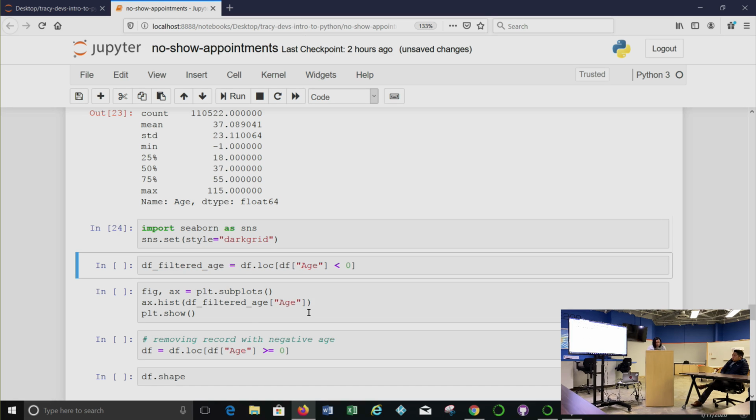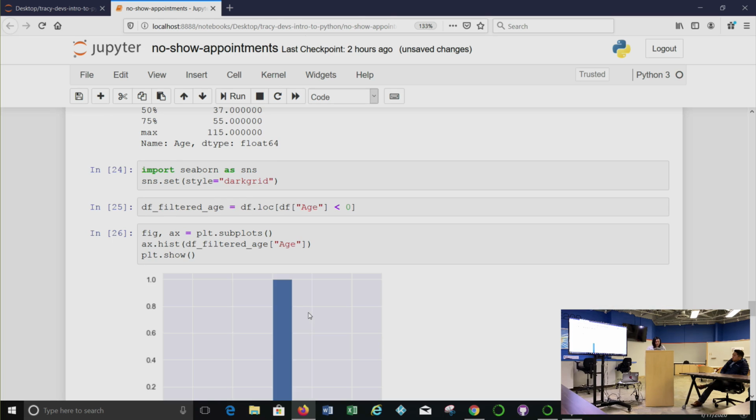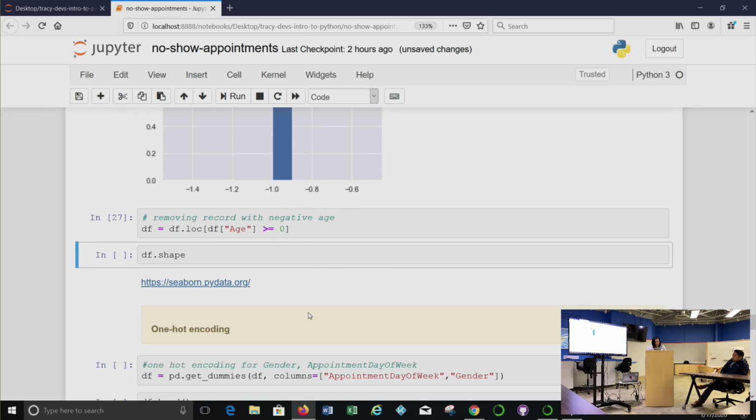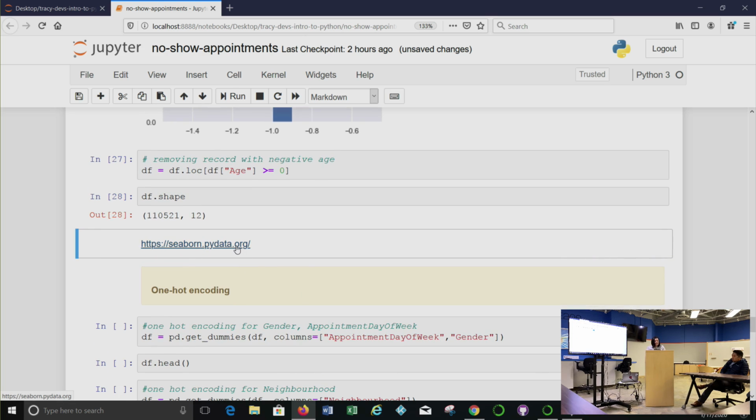So again, I'm filtering just for those that are under 0 in age. And when I look at it, it's just one record, so I'm going to go ahead and get rid of that one as well. At this point I have a few less records, and I didn't plot anything with Seaborn,